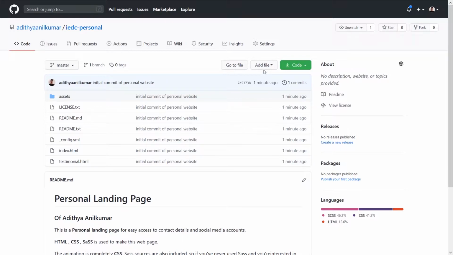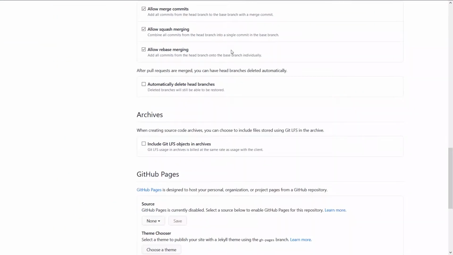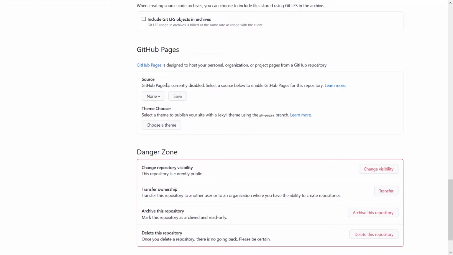In order to deploy our web page, go into settings, scroll down to GitHub Pages, and here you should select the source branch from where your GitHub Pages should be deployed. Currently, we only have a master branch, so you can select that. And also leave this as the default root itself and hit save.